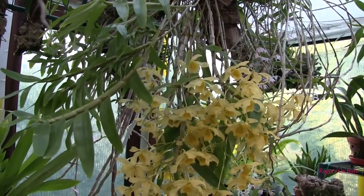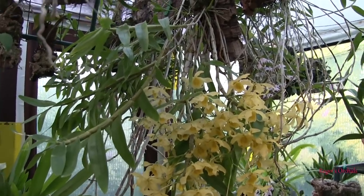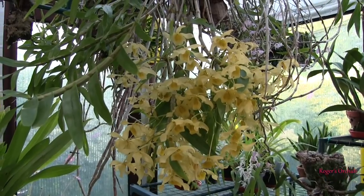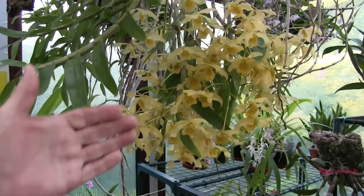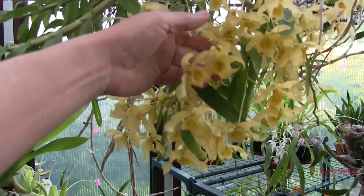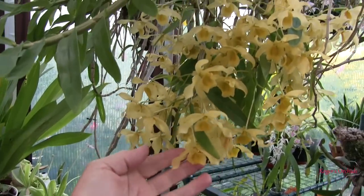Sometimes I don't always agree with the judges, but in that particular case, if I'd been judging it, I'd have still put that one first above my own. But anyway, we'll see how this one does. It's got a first at Bournemouth. It should do well today. And it's just about